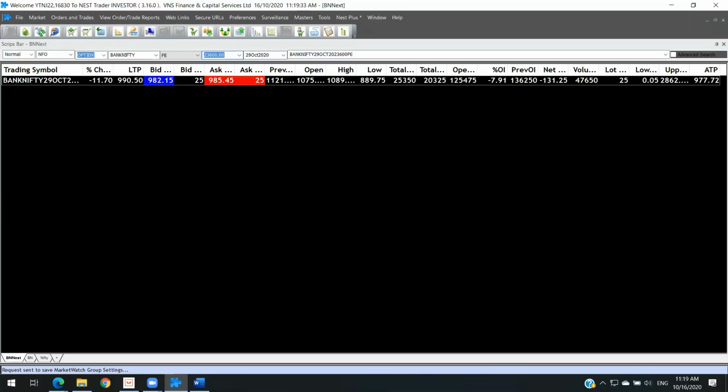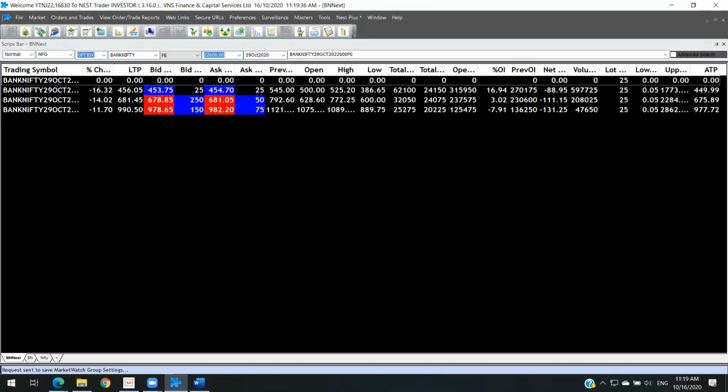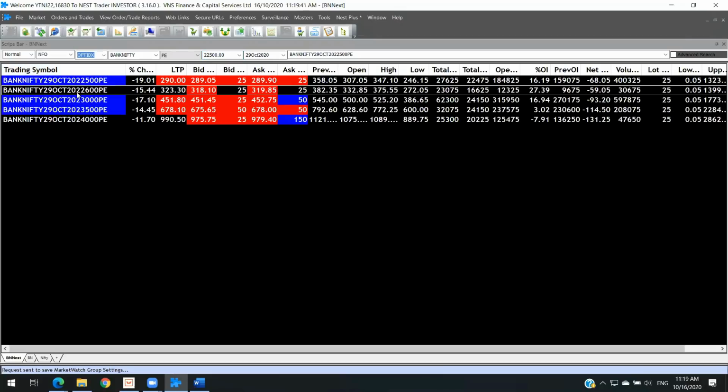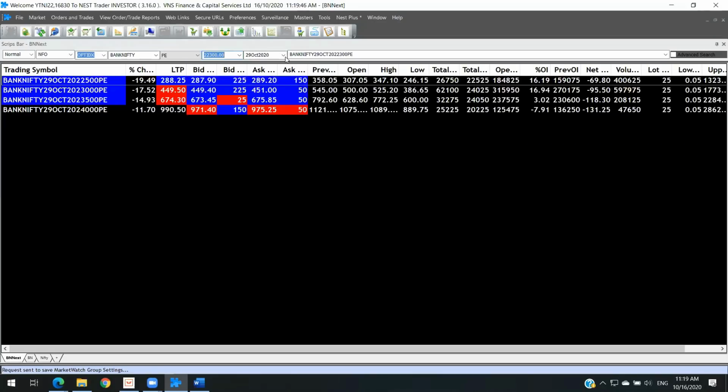First, I will select PE. Since we are looking at next expiry, current expiry I already have in Bank Nifty here. So I'm just trying to add the monthly expiry also to see what it is. When I'm adding monthly expiry, I will try to add in 500 series because this is for OTM. I wanted to see what the values are for a 500 series. You can delete any unnecessary additions which you would have done.